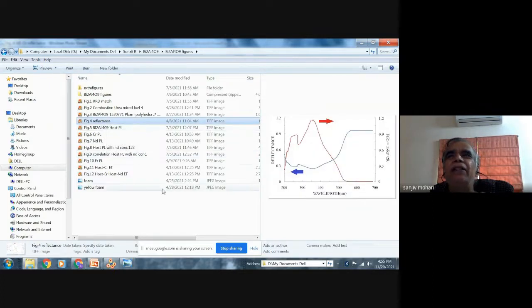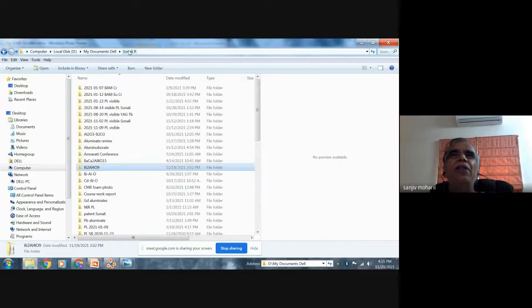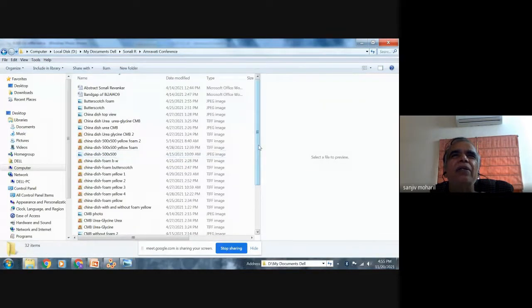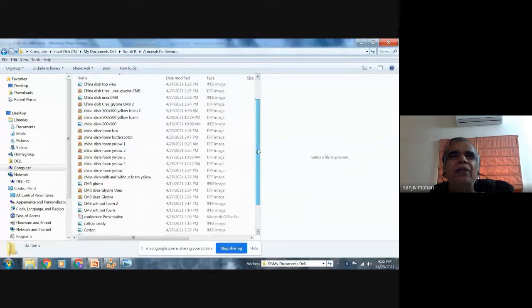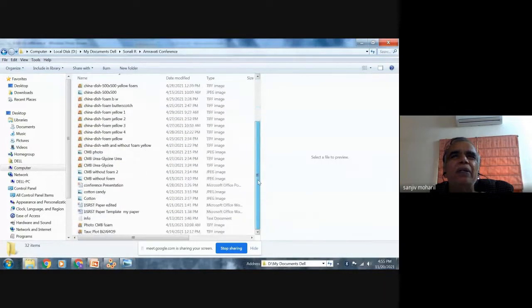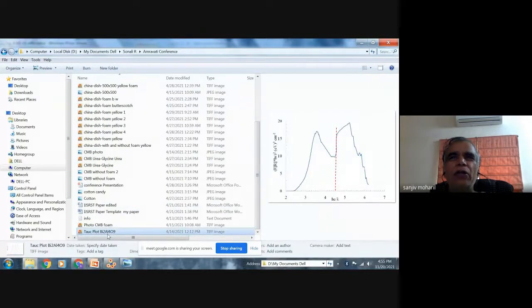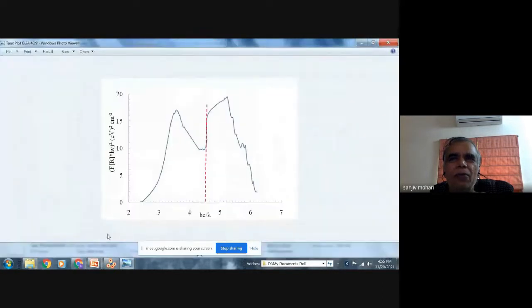This is the reflectance spectra. Then I make a Tauc plot. This is known as Tauc plot. So I plot (F(R)hν)^n versus hν, and then I can get the band gap value.